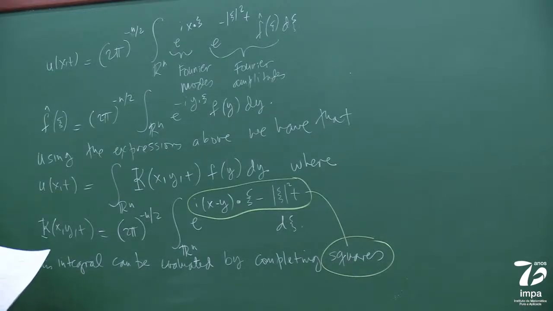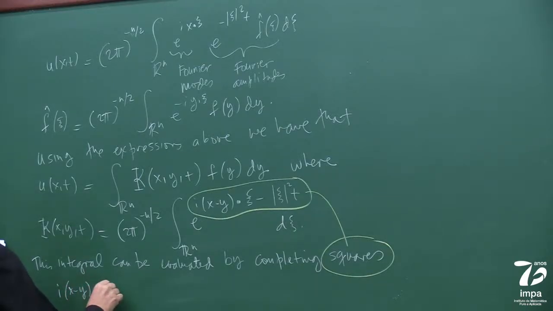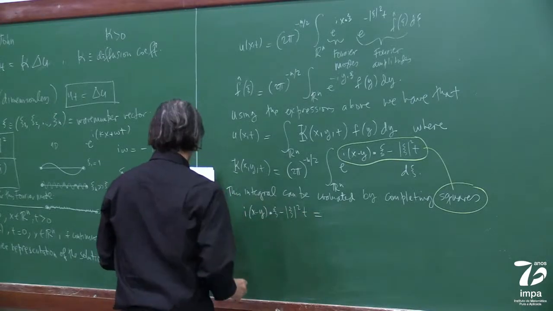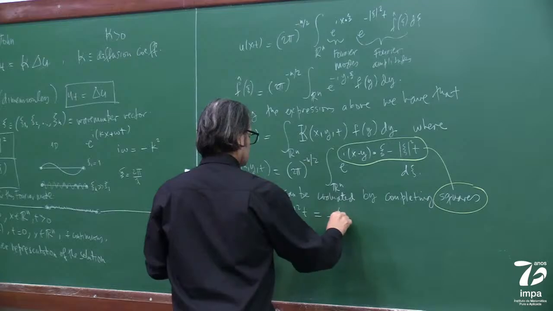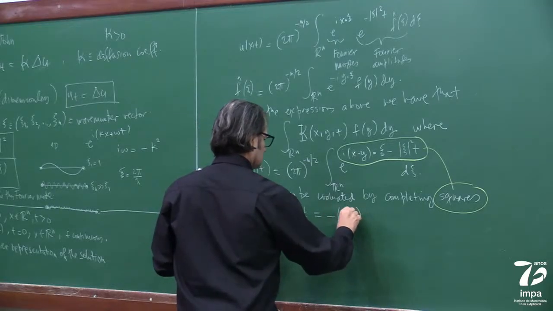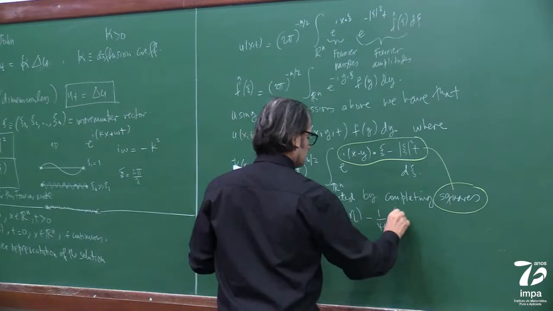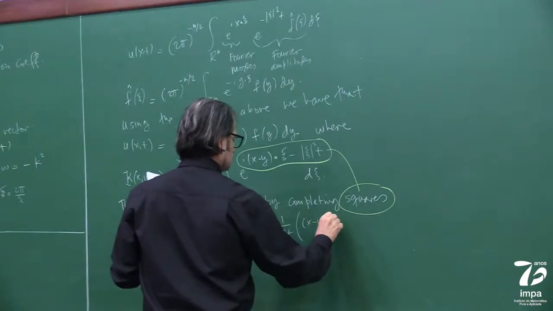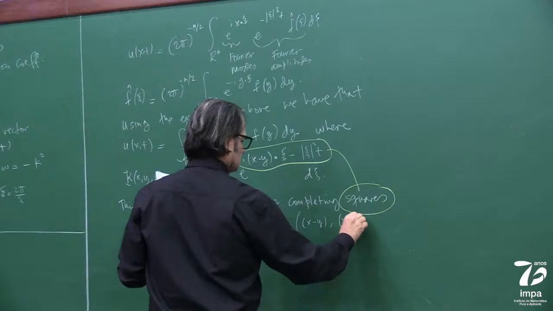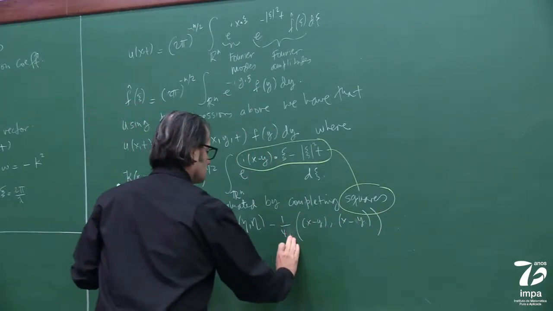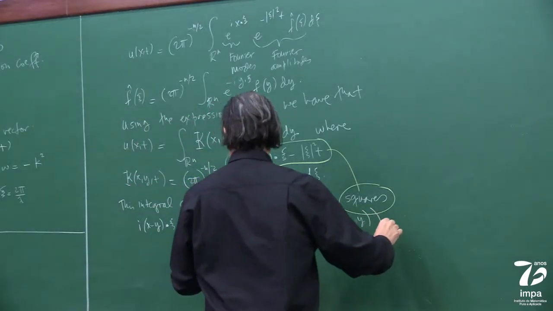Let me write the result. I'll skip the intermediate part because you have it. So it's this. Can be written as this. Whoops, my handwriting today. Like this. This is T, where